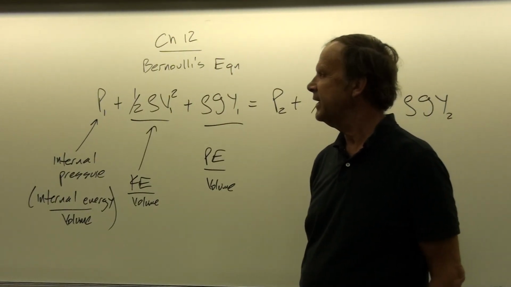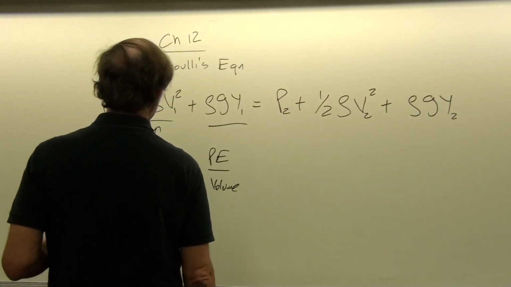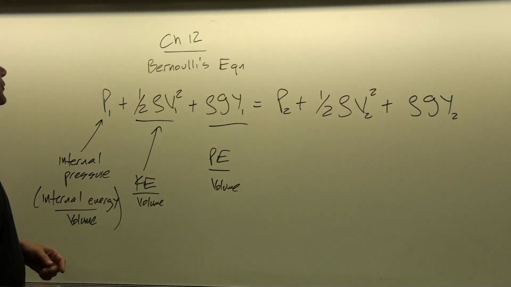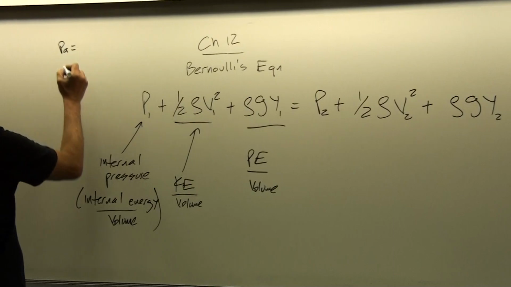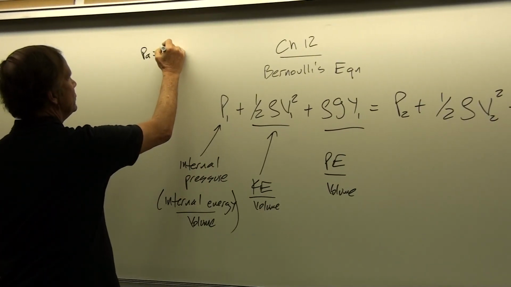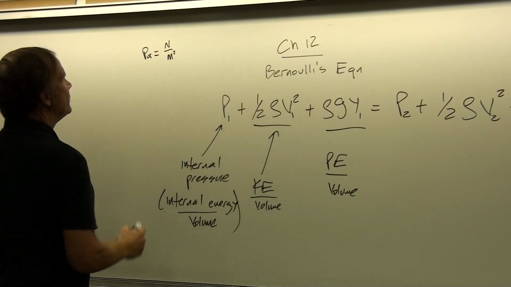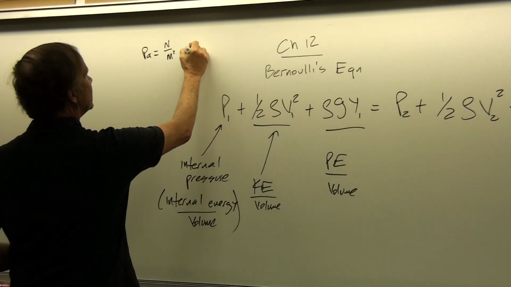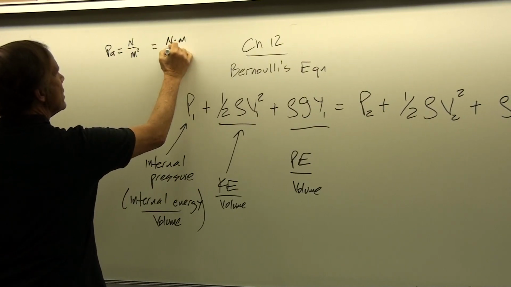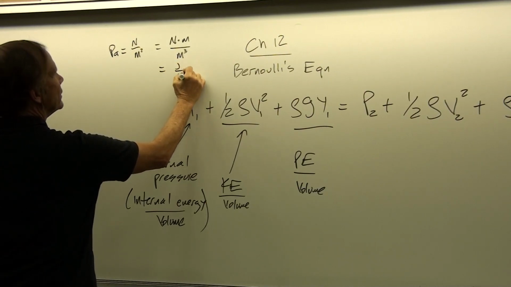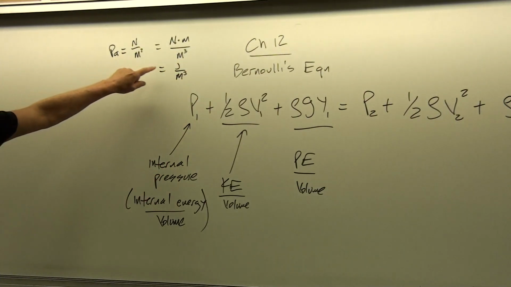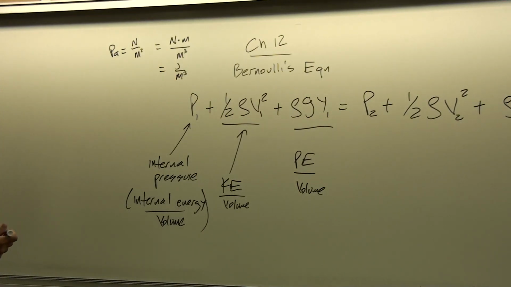And so that has several terms that, in a sense, might look a little bit similar to the conservation of energy expression. Although here, the units for pressure are energy per unit volume, which we can see by looking at a Pascal. That is a Newton per meter squared. And so if we think of that as being the same as a Newton meter per meter cubed, then that's going to be a joule per meter cubed. So the units of pressure are the same as the units of energy per volume.